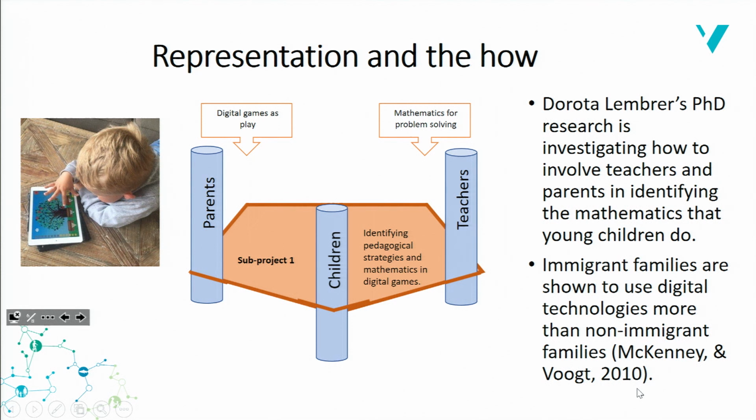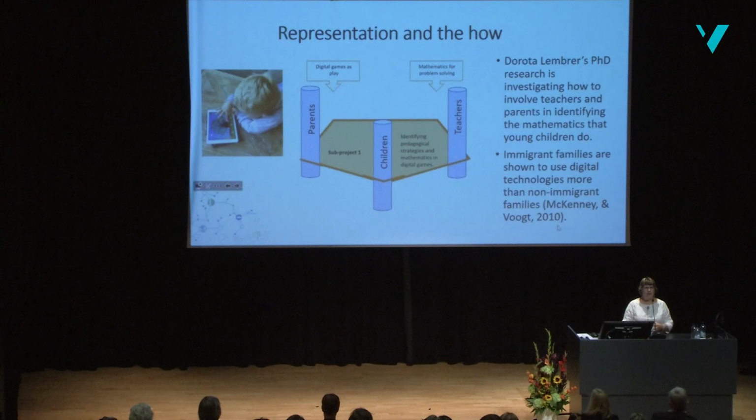One of the things of seeing immigrant parents as a resource is that some of the research is saying that digital technologies are used much more within immigrant families than they are within people who come from the local community. And if you think about it, it is also because they are connecting to family and friends elsewhere. That means they have resources with app use that perhaps we can only find from talking to them and finding out their ideas on this. So there's a lot of making use of the resources which are already in the community, which is often disregarded.